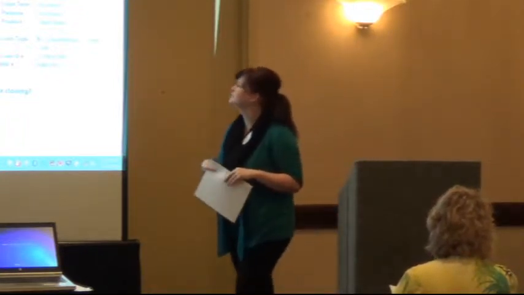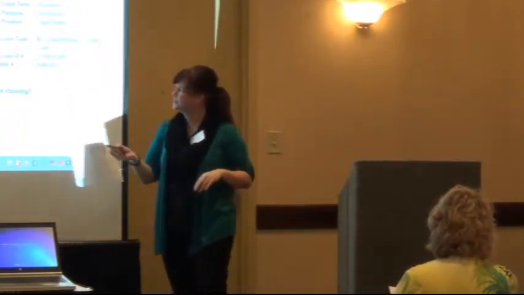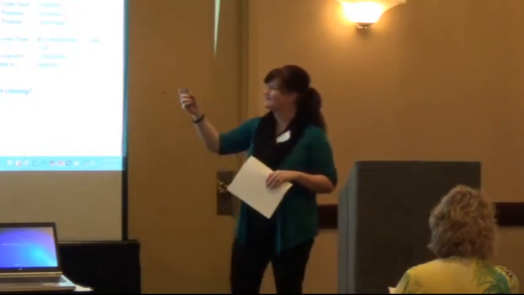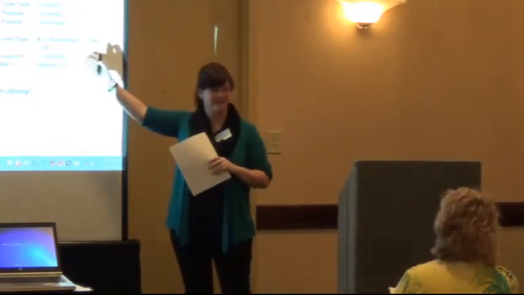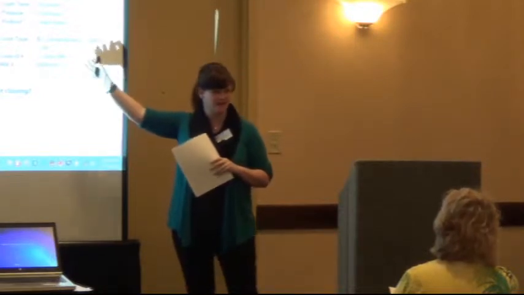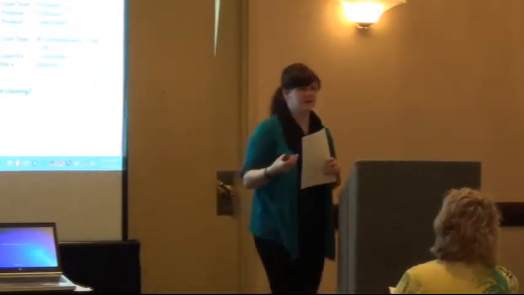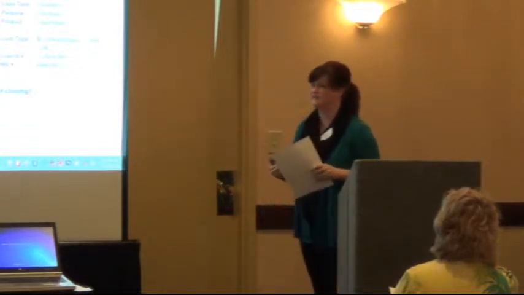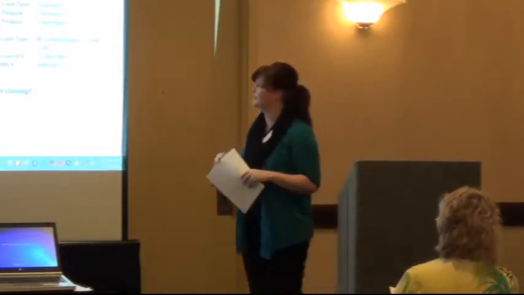Loan information: you have loan term, purpose, product, loan type, loan ID, and mortgage insurance case number. Very similar to what we have now, except they did ditch the FMHA and rural housing option. That's gone. But you can still put anything in there under other. Since it's not really common in most areas, it falls under other. It's not hard-coded in there.